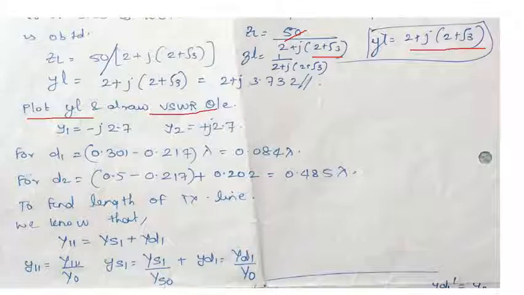Yes, for the second part, when the characteristic impedance of both the stub chosen and the already existing transmission lines are not the same, what do you do? For that, the formula is written that y11 equals ys1 plus yd1. This we already know. We always use this formula. This, for small y11, can be written as capital Y1 upon Y0. You know how to normalize it, so we have just normalized it.